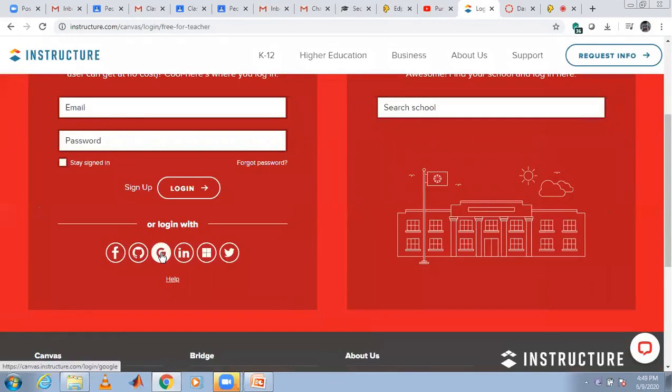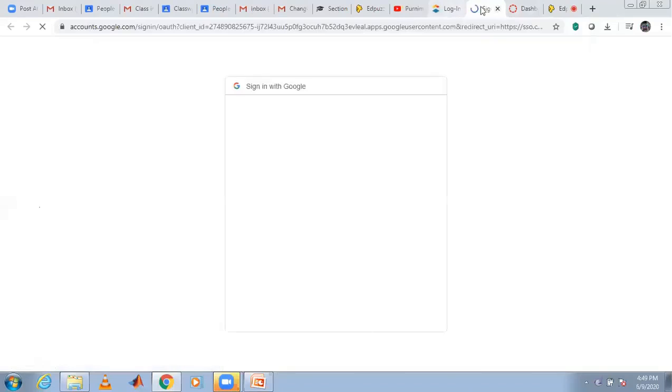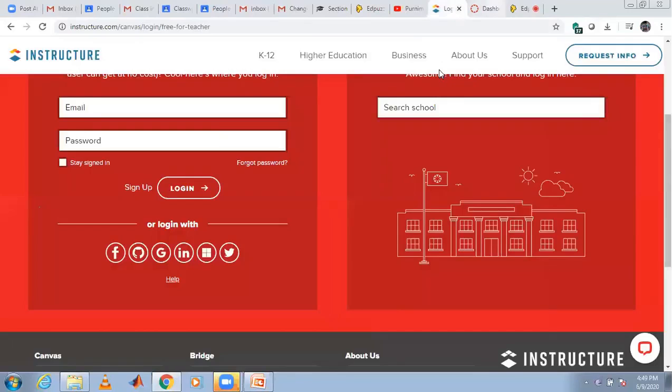Gmail is always suitable because some contents you can access from the Google Classroom. That is the benefit of using Gmail. By clicking on this Gmail, it will ask the permission. It will send a mail to your email to confirm. After confirmation, you can log in.